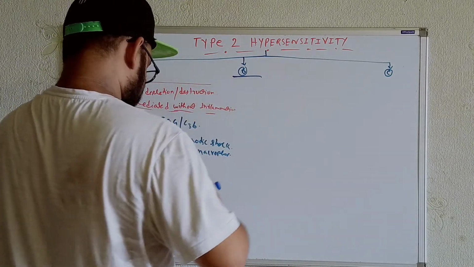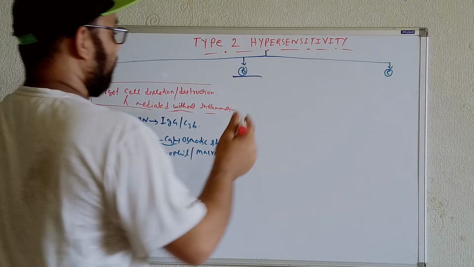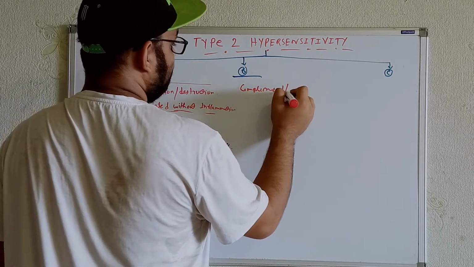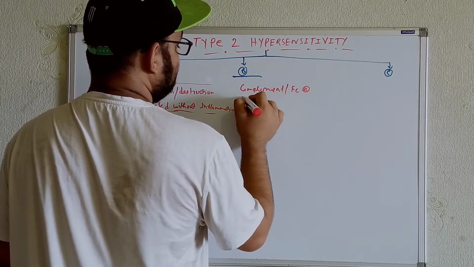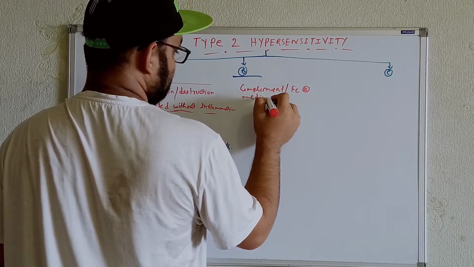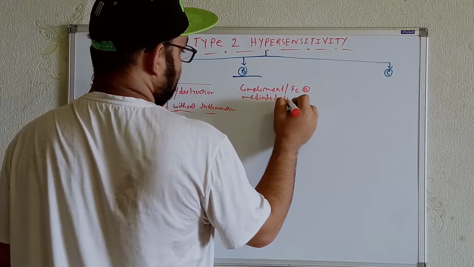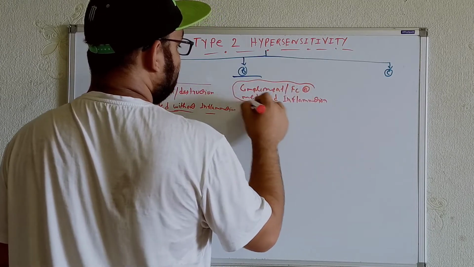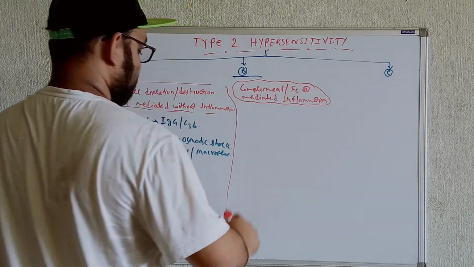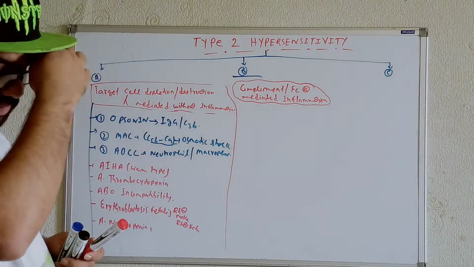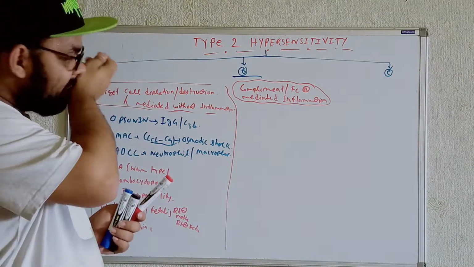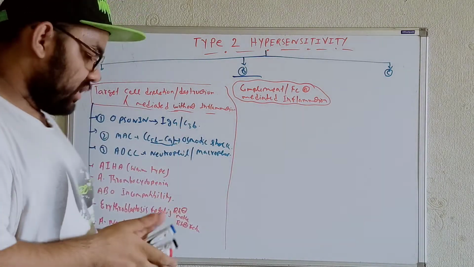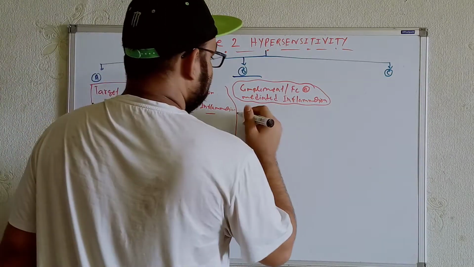The class B will be complement or FC receptor mediated inflammation. This is the hallmark, and it is written over here: inflammation. That means in type B you will get what? We will get the inflammation here. Now, in these cases, try to understand from here: we have already said that we will get autoantibodies against the cell surface or cellular matrix. So, for example, in these cases we will get